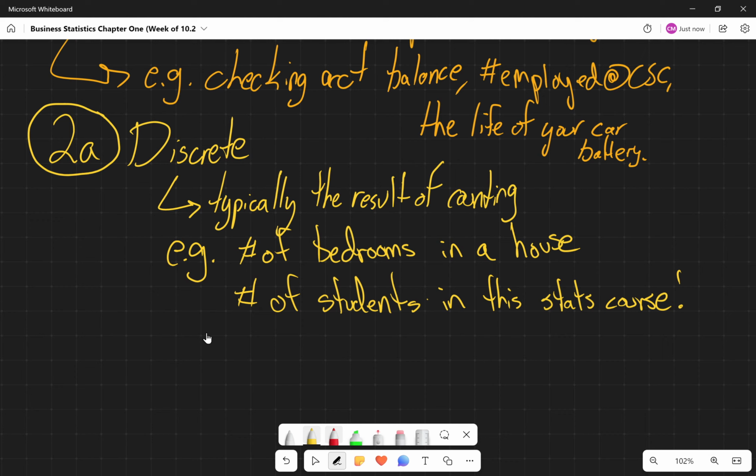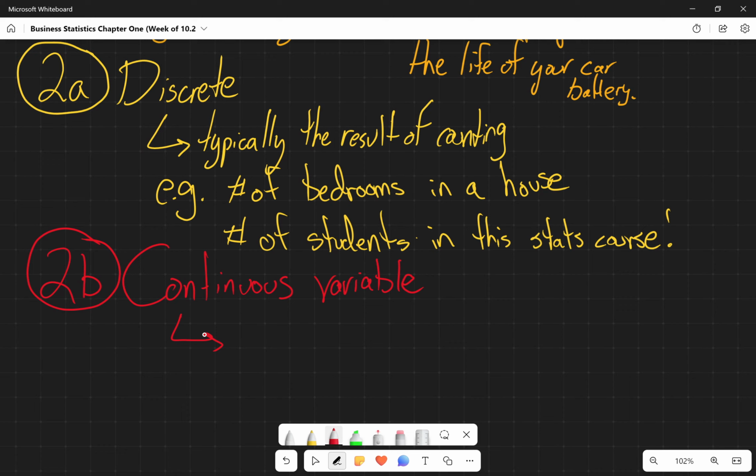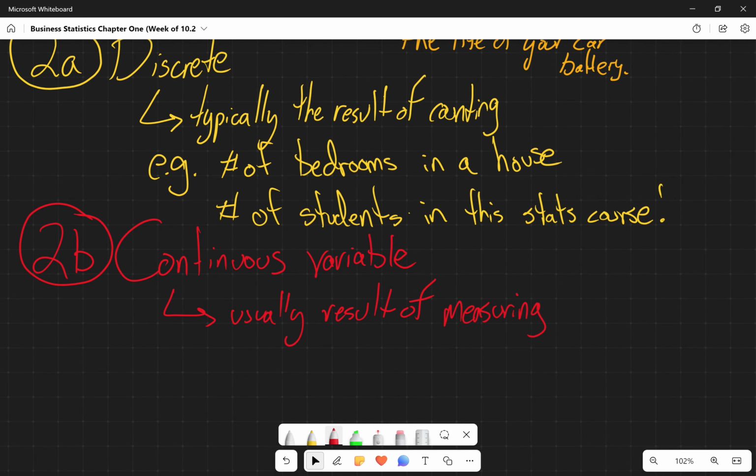The second type of variable is the variable that we are used to seeing. That is our continuous variable. These are usually the result of measuring something. Continuous variables would be the length of a flight